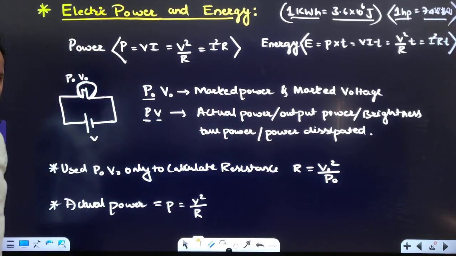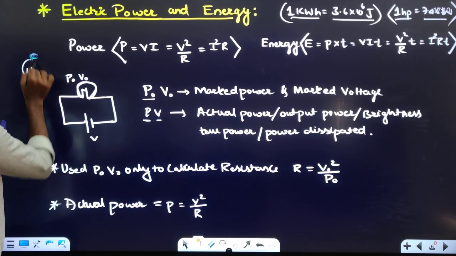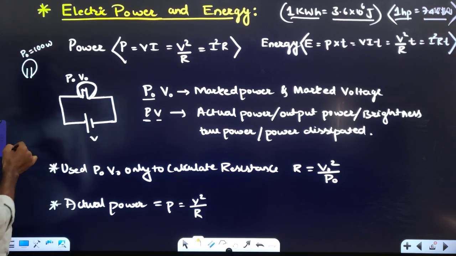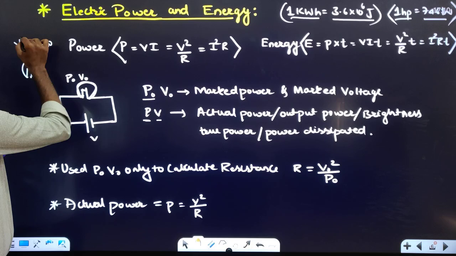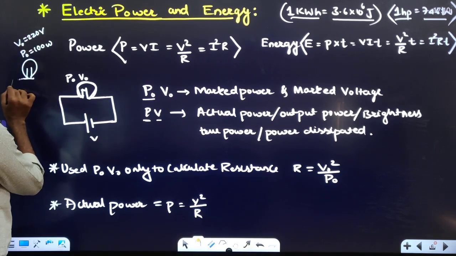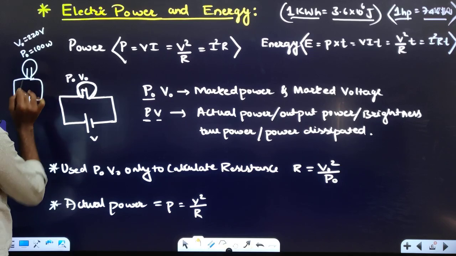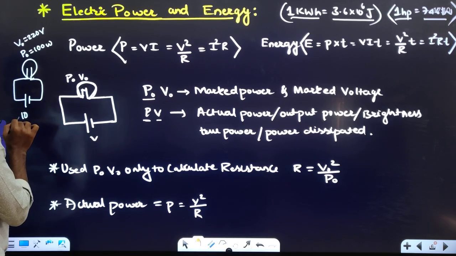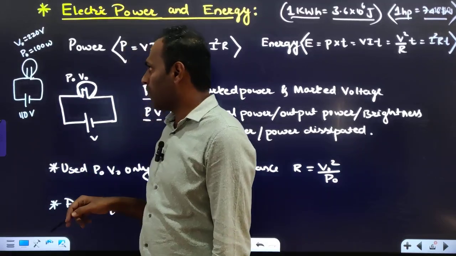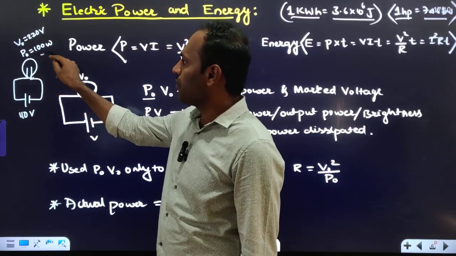These many different names it has. Right? See, for example, if there is a bulb whose marked power is 100 watt, and whose marked voltage is 220 volts. Now, if this bulb is connected to a battery of 110 volts, right? If it is connected to a battery of 110 volts, then this bulb will not give you an output power